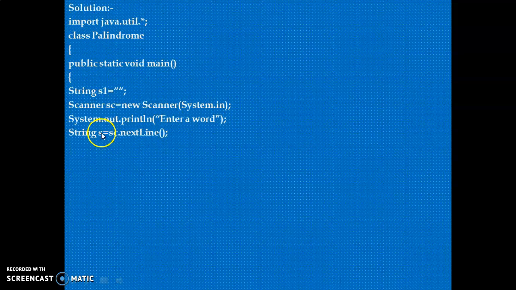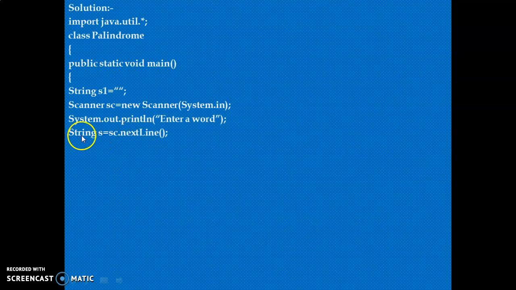Here I am taking variable name S equal to sc, which I prepared in scanner class, sc.nextLine. So nextLine you have to write for taking any string type variable. If it is integer type, write nextInt, I in capital.